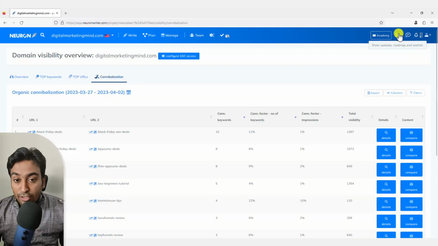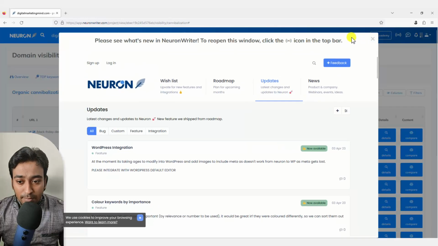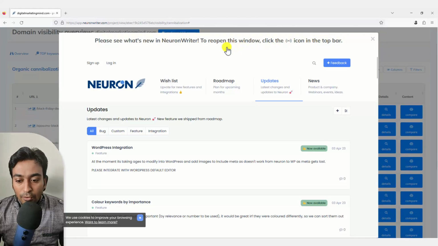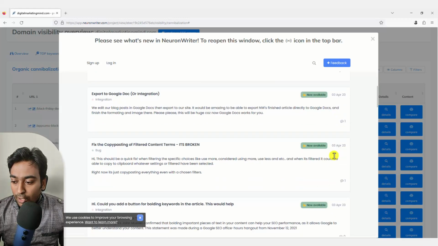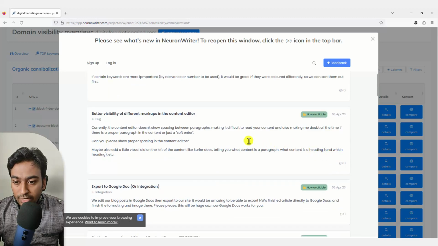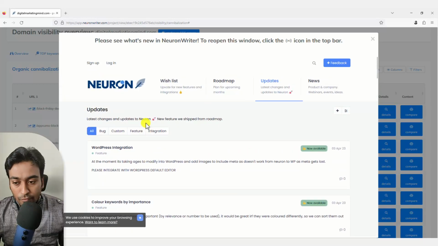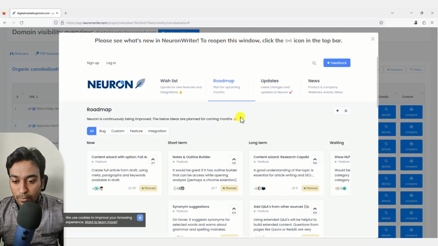links, and Roadmap. This is really exciting because they tend to be very active in development. So if you wish to see the updates, you can see, as I'm recording this video, it's the 6th of April. You can see the features are coming very quickly, like 3rd April, all these things are coming really quickly. And also there is a huge community for this tool as well. So if you see on the roadmap, you will see all the possible new things coming to this application.